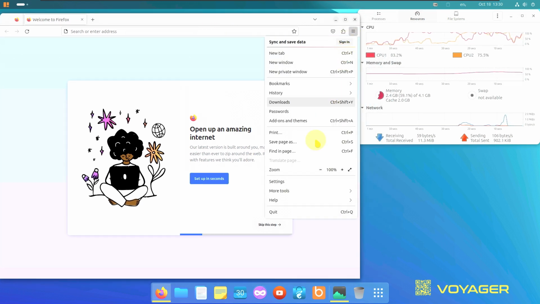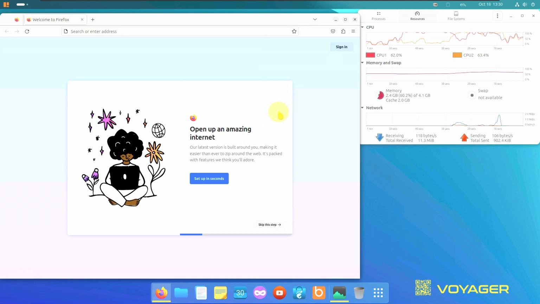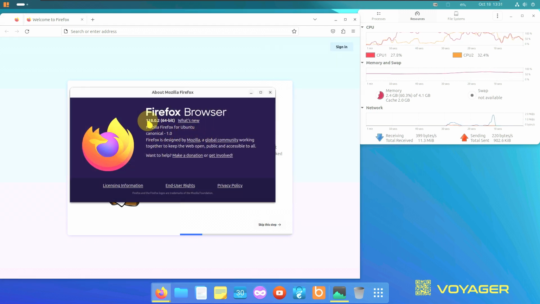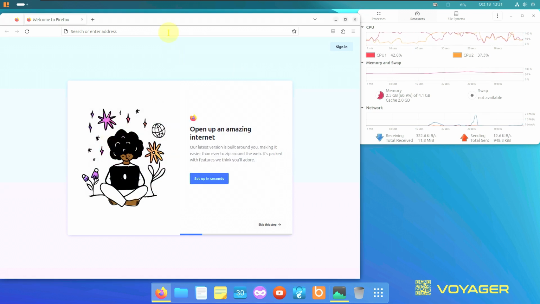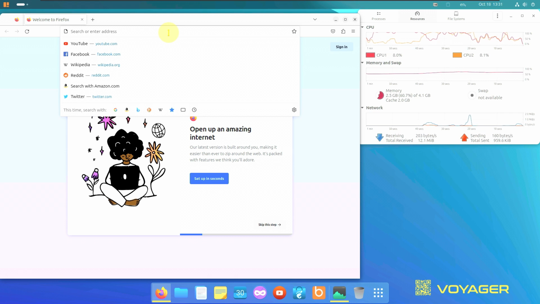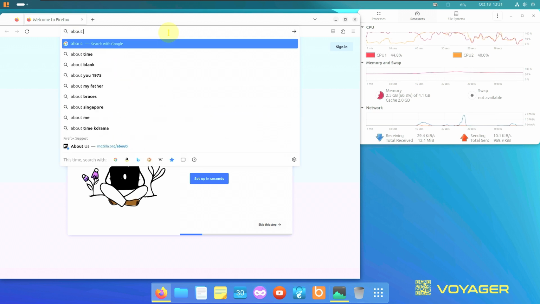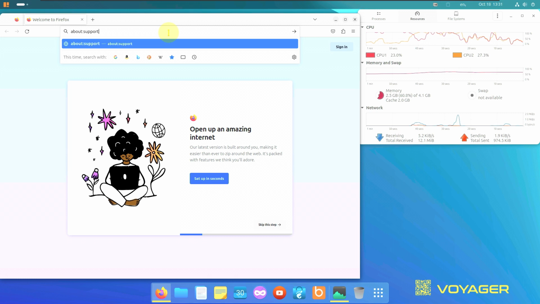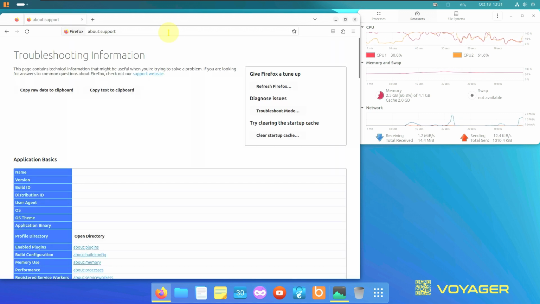So let's check the version of the Firefox first, and you get the 118.0.2 version. So let's type in about:support to get some of the information. Hit enter. So here is the information,